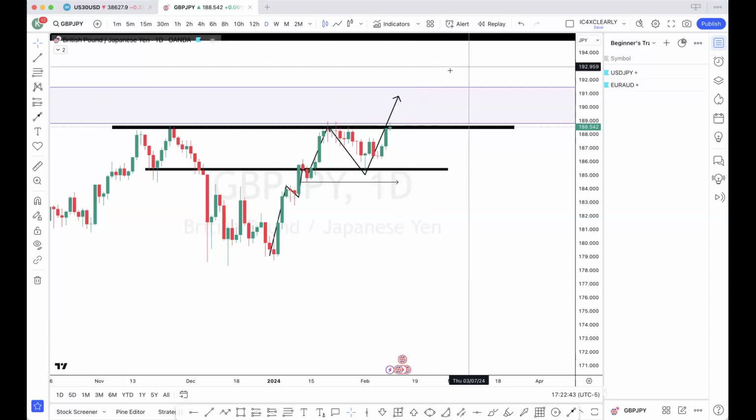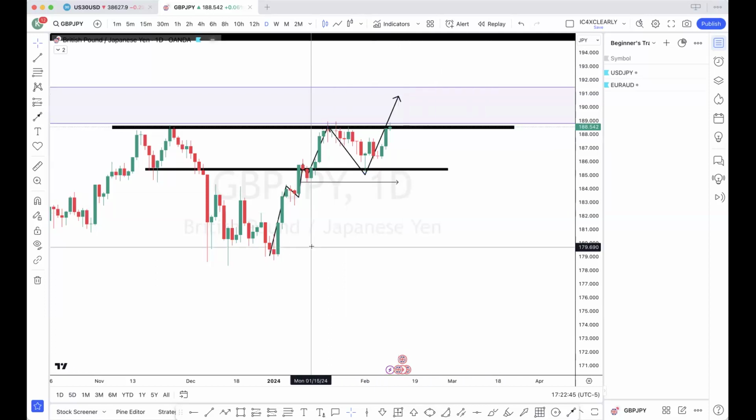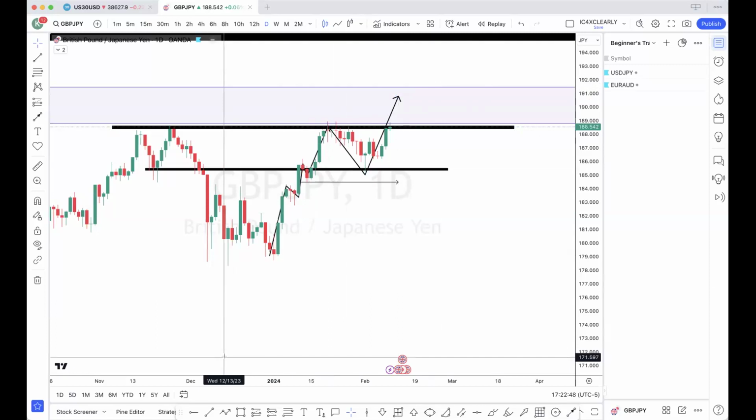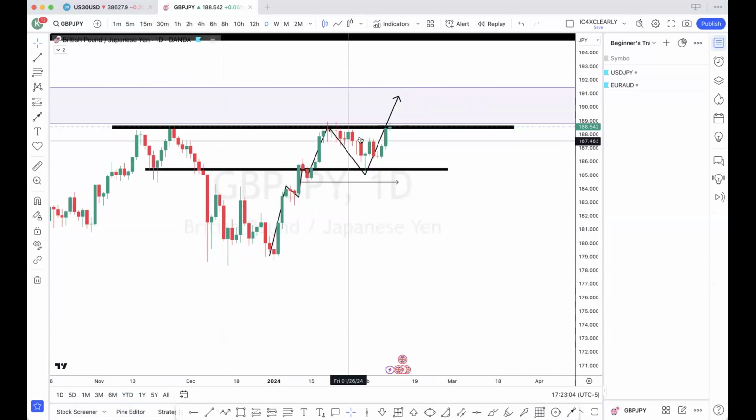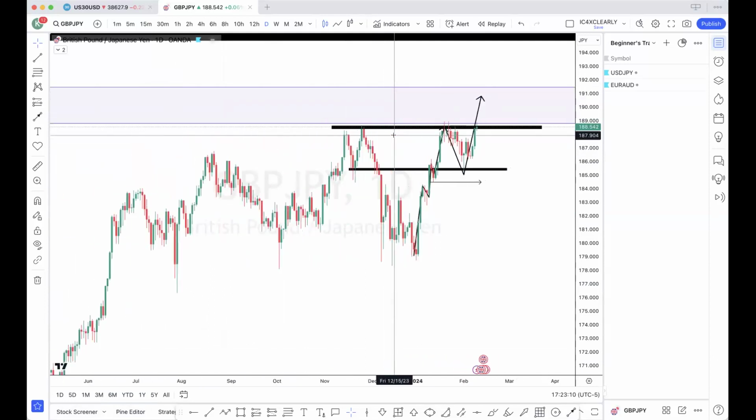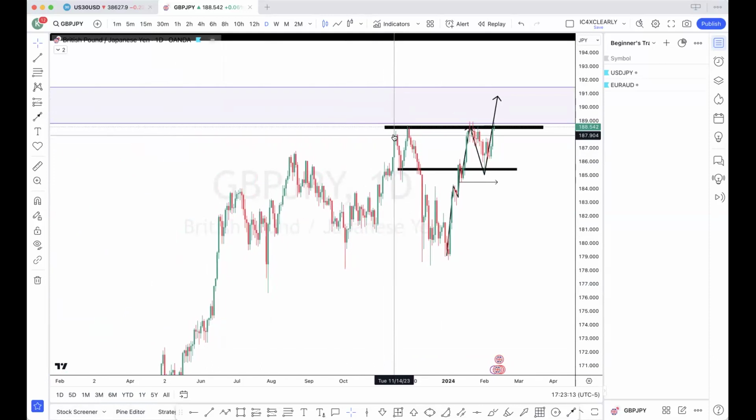I personally do not trade fundamentals. I'm not a fundamental trader, but I am aware that fundamentals play a part in the market. I'm just trading strictly technical and what price is showing me it's going to do. So again, I'm expecting it to keep pushing up. I know we were waiting for a sell, but if you look at